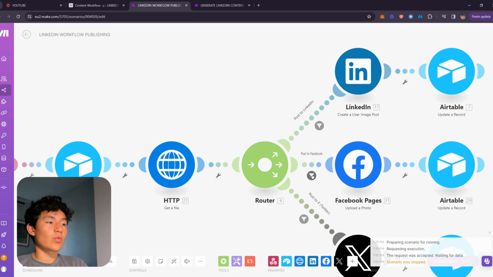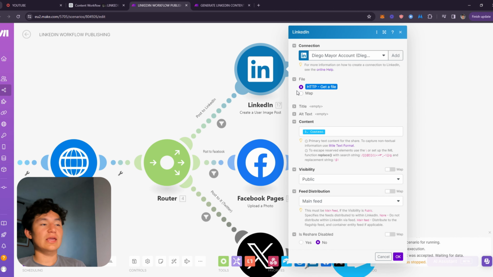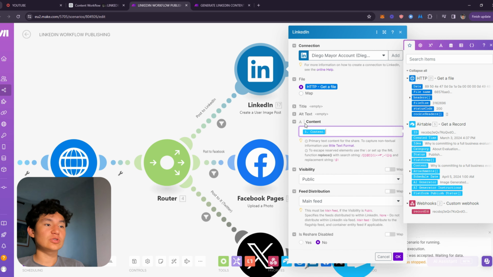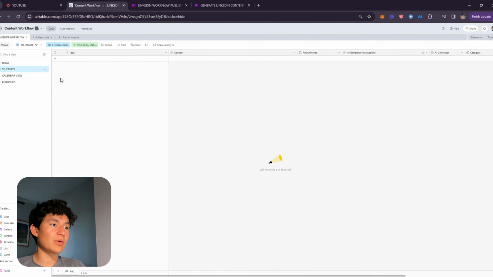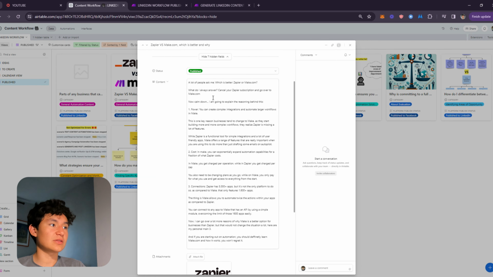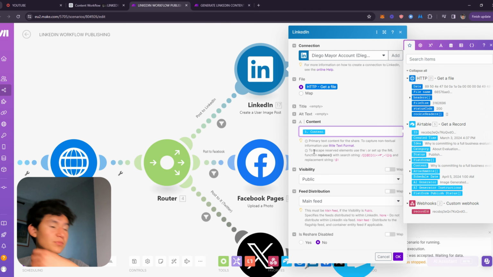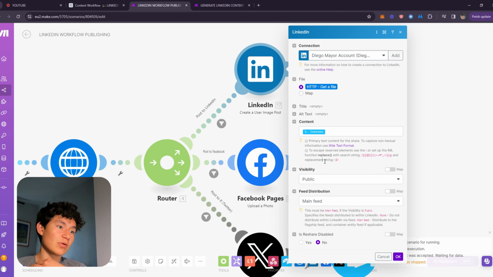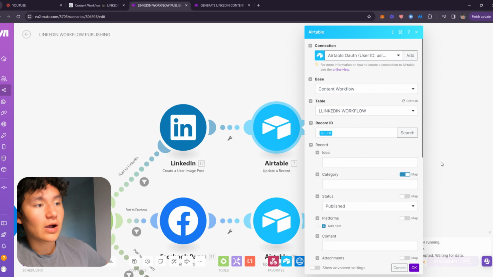Okay, now once you do this, you're just going to add a LinkedIn create a user generated post, and you click the file where it says HTTP get a file, and you just put the content field as the content you're going to publish, which ends up looking something like this, the content variable. So yeah, I put the content variable, accessibility public, the main distribution, whatever you want, and the Airtable content workflow